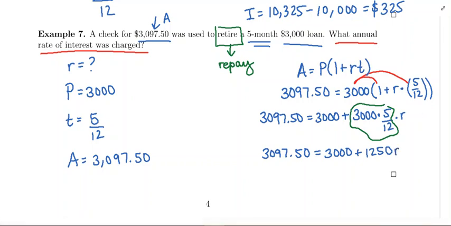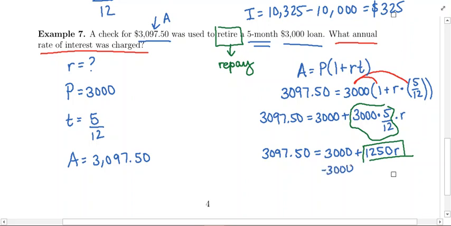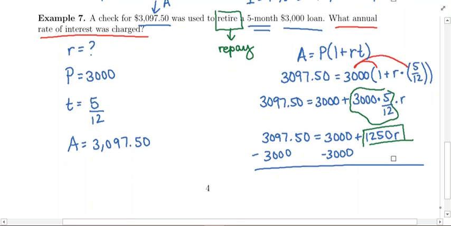We need to get the r by itself because that's what we're solving for. We need to isolate this term because it contains the r. So we're going to move the 3,000 to the other side. Since we're adding 3,000, we're going to do the opposite and subtract 3,000. Whatever you do to one side, you have to do to the other. So if you subtract these two, you're going to get $97.50 is equal to